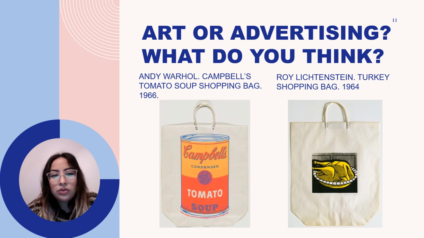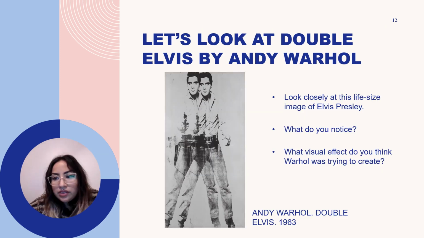While looking at these two, do you think this is art or advertisement? What do you think? Andy Warhol's Double Elvis achieves a strobe effect, emulating a film strip on the passage of time. By layering two images of Elvis, one over the other, Warhol creates an illusion of movement. Warhol's shimmery, opaque background achieved with silver spray paint allowed him to easily mask and silkscreen multiple images on top of each other. The artist's interest in film might explain why he created Elvis in double. The singer-actor appears to be moving back and forth, as if in a film strip.